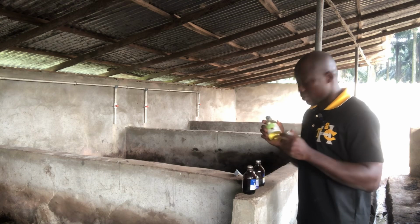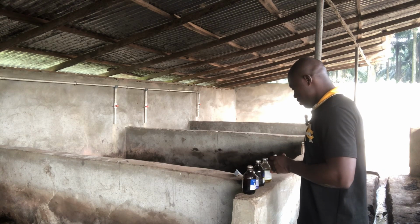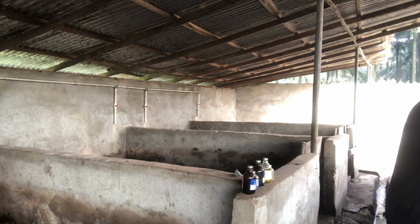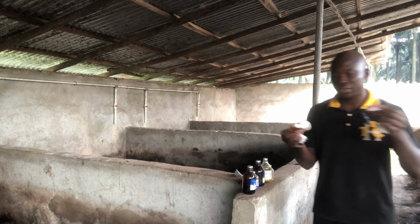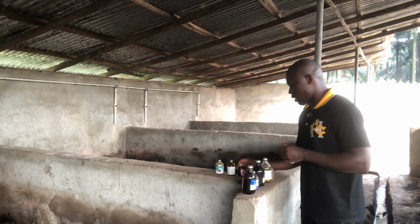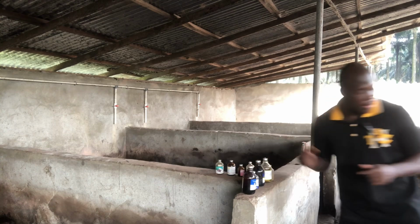You see how big the bottles are? Let me tell you that we are serious in this game of pig farming. So these are the drugs. I have over 13 drugs I use on this farm. 13 drugs, which tells you